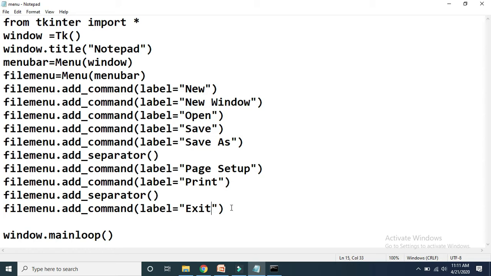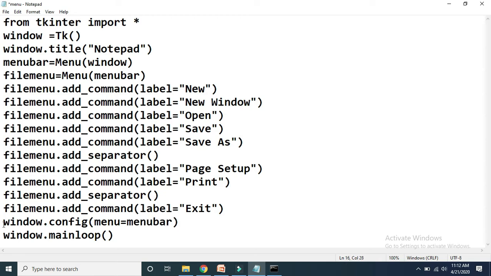Then after finishing this particular code, at the end, see, using the window object we have to call a config method. And for config we have to use one attribute, that is the menu attribute, and for the menu attribute we have to assign the value menu bar. And what is menu bar?